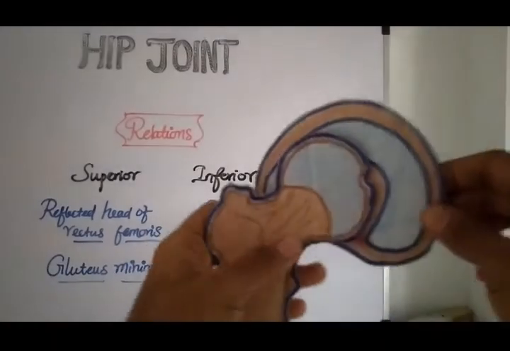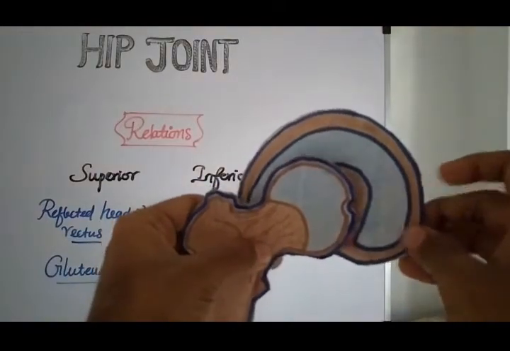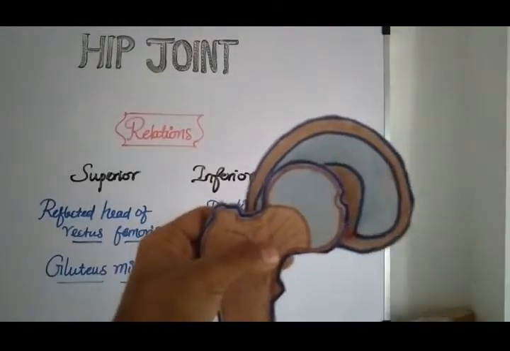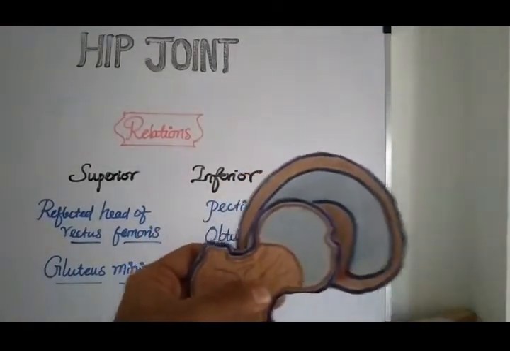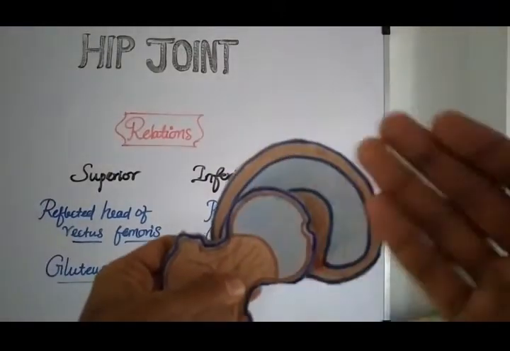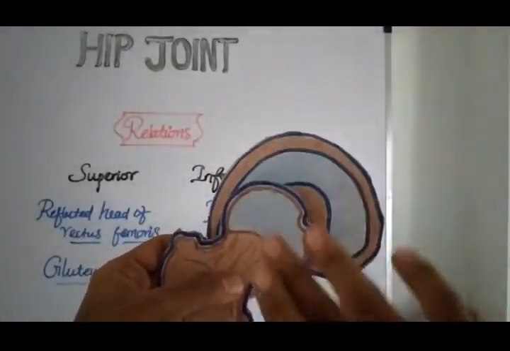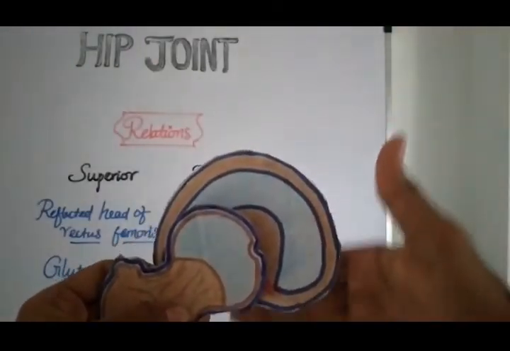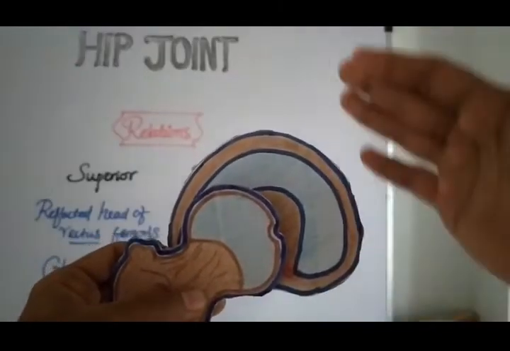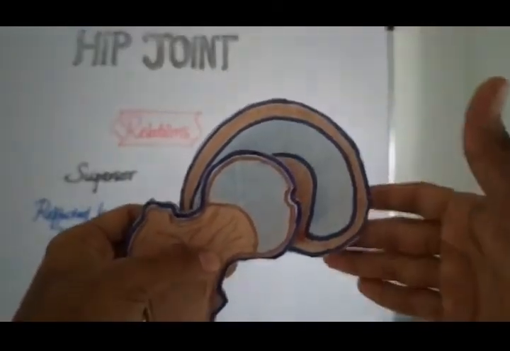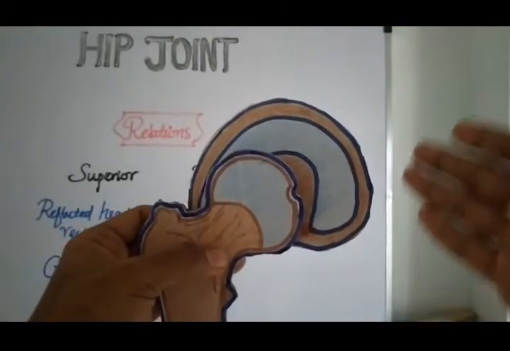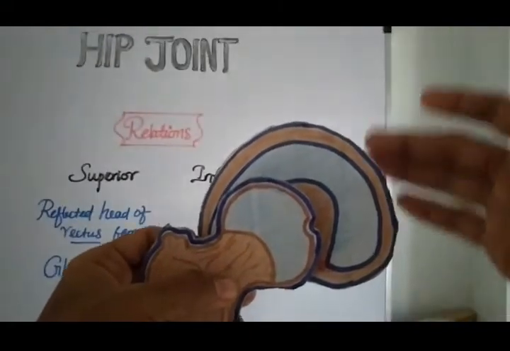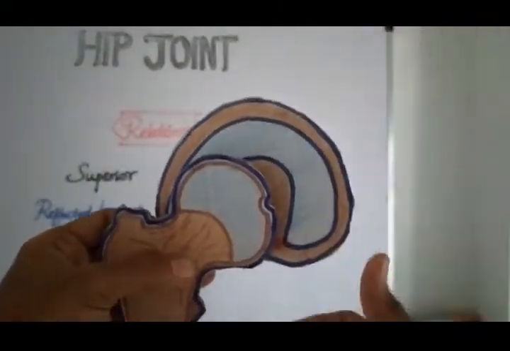And guys, here is the model of the hip joint as I showed you in the part 1 also. Consider it the hip joint. It will be like this, and we are going to see the relations. The anterior relations will be, as I said in the beginning, iliopsoas muscle and femoral artery, vein and nerve present anterior to the joint, and posterior to the joint will be obturator externus muscle and the deep group muscles of the gluteal region, piriformis, superior gemellus, inferior gemellus, obturator internus. Those structures will be present, and also the important nerve called sciatic nerve will be present at the back, right?